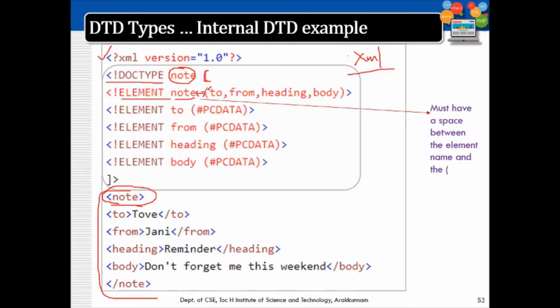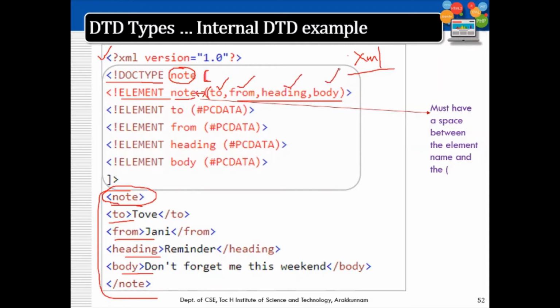Then start a bracket and write all the tag names which are to be included within the note element. To, from, heading and body are the tags which are contained inside note. You have to add them one by one. Each of them is a standalone element, so now you have to define all those elements one by one.